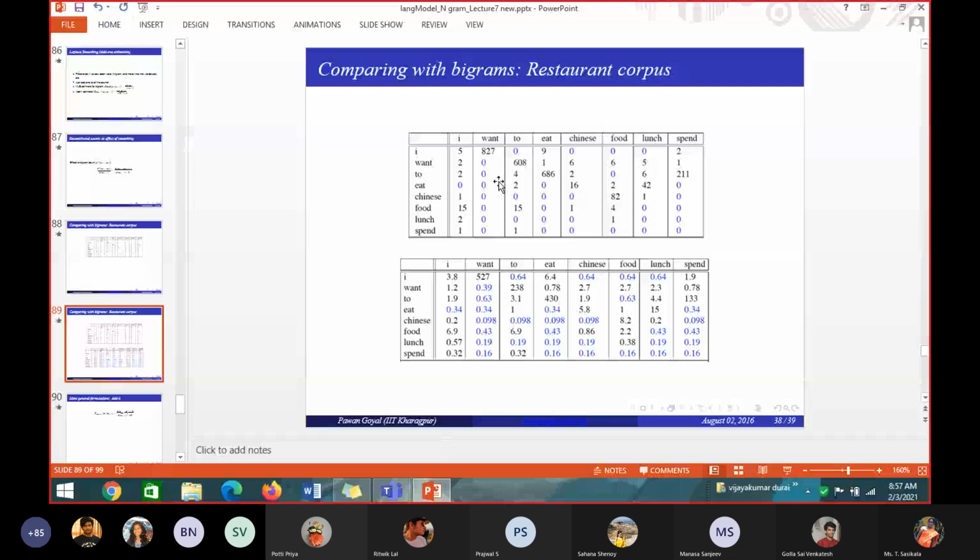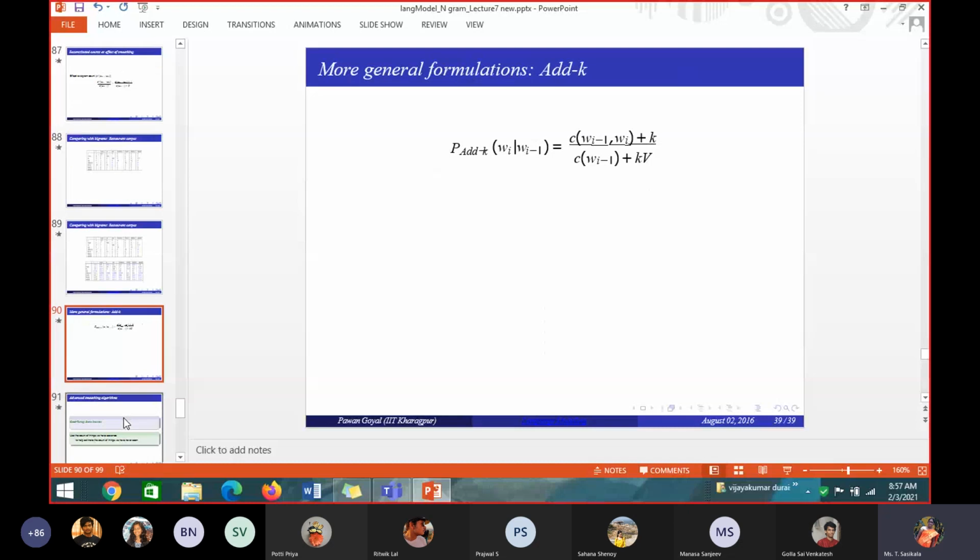Okay. So this is the actual formula. That's what we have seen. Now, add k estimation. What is meant by add k? We have seen add 1 estimation. The same formula has been made into a generalized formula, which they call add k estimation. Instead of add 1 estimation, you can add 2, 3, or 4 also. Generally it is add 1, but they have made a generalized formula as add k estimation.